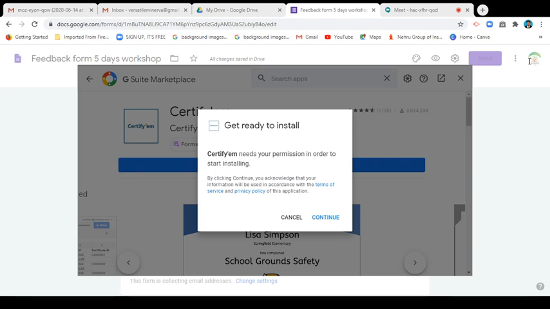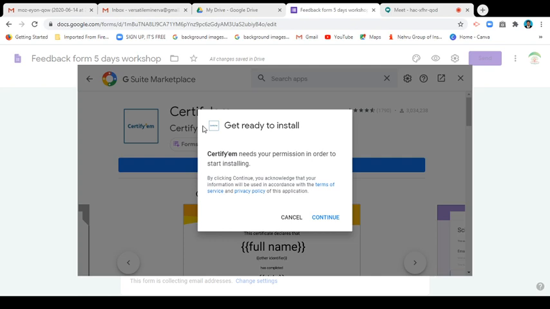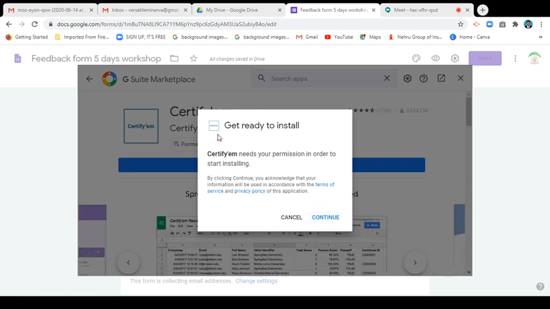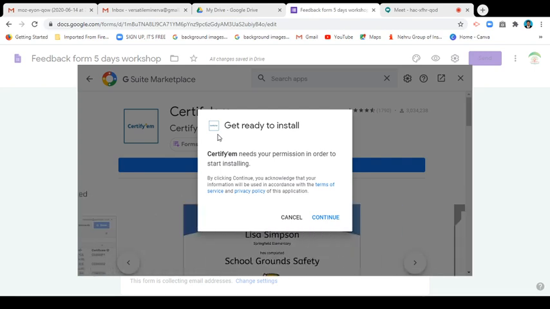Please be very careful to choose the email ID with which you are generating the Google Forms and certificate and all those things. You can use the same email ID. Don't use a certificate in one Google Drive and your feedback form in another Google Drive. It won't support.